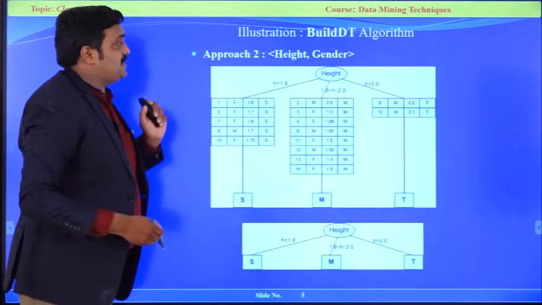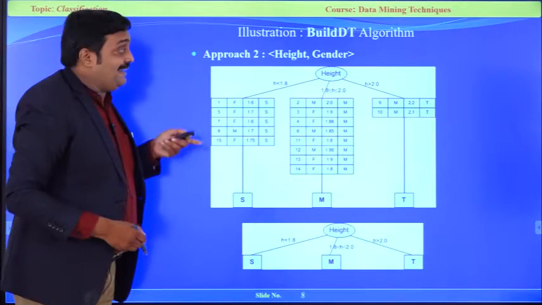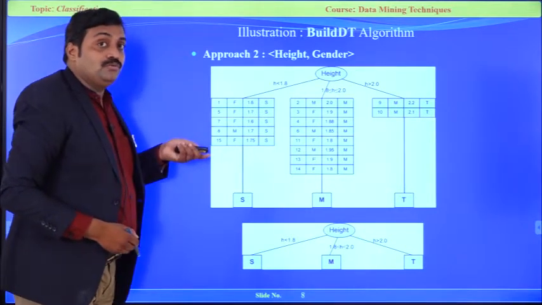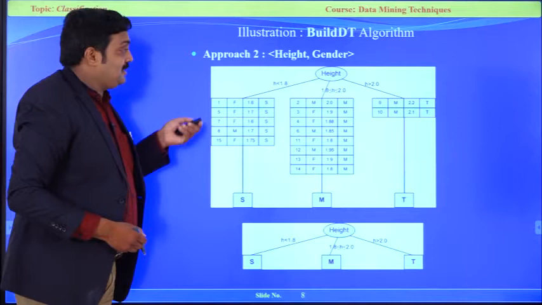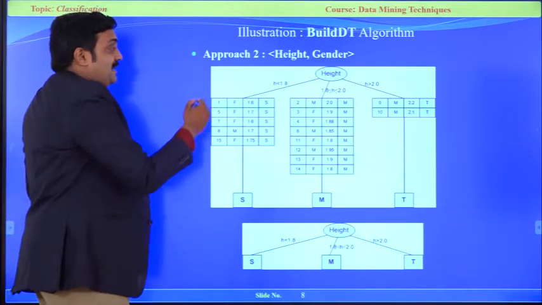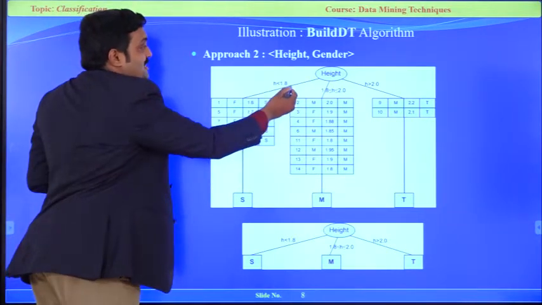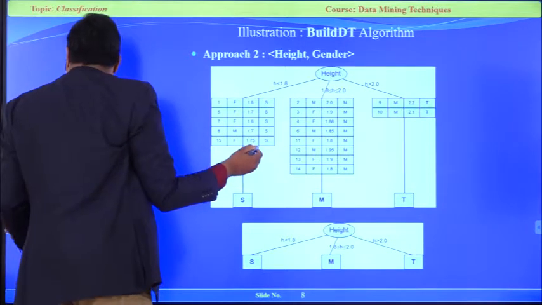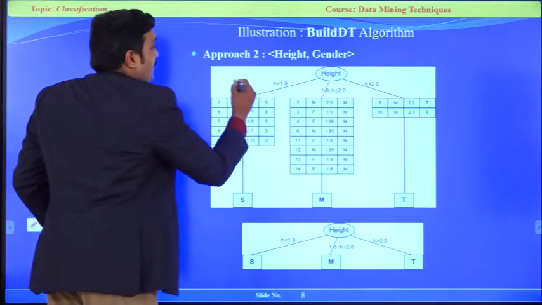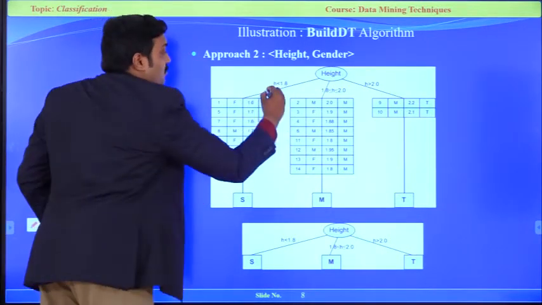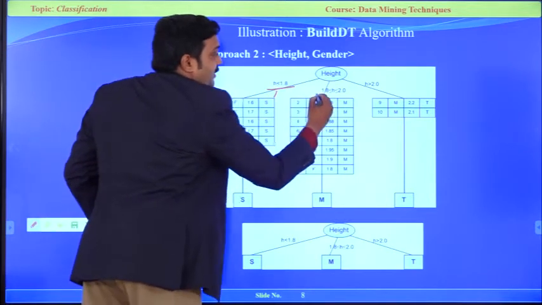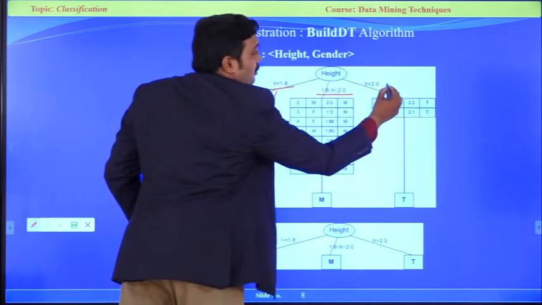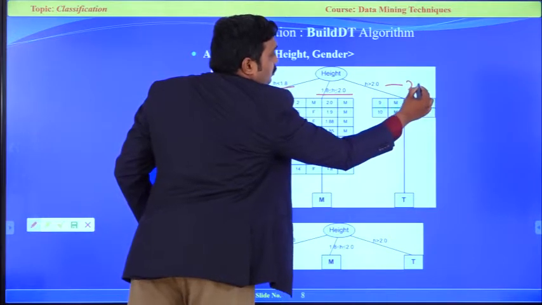The second approach is taking height as the root node, then constructing. So with height as the root node, based on less than 1.8, a multi-way split here: 1.8 to 2.0, and above 2 meters height.